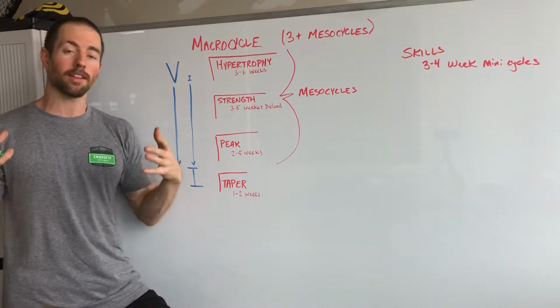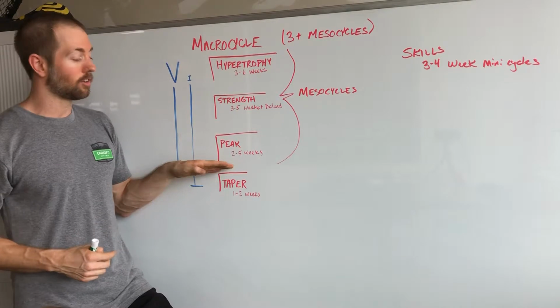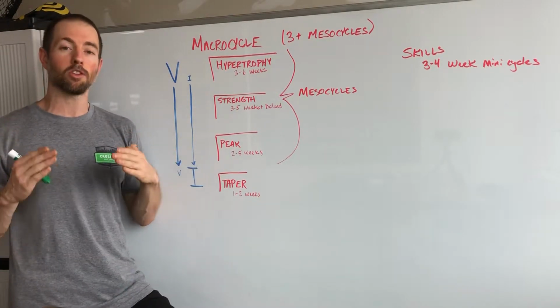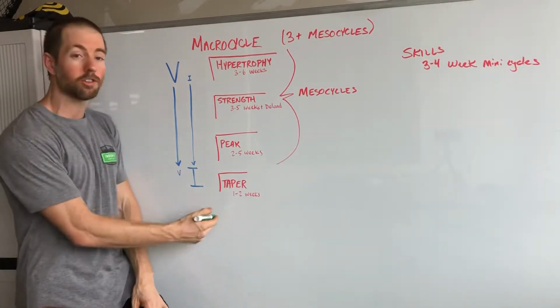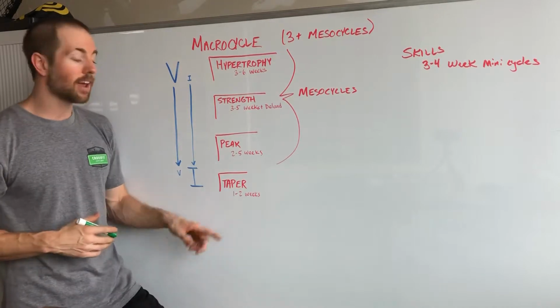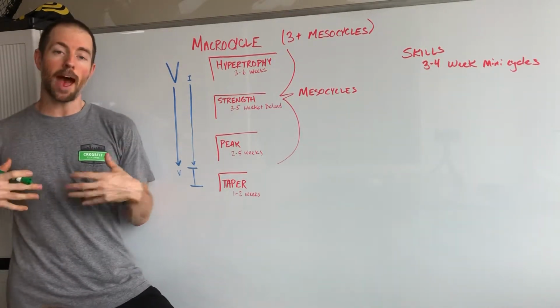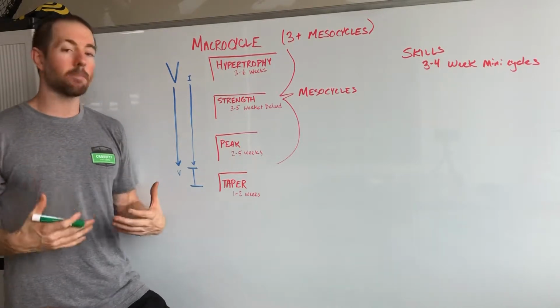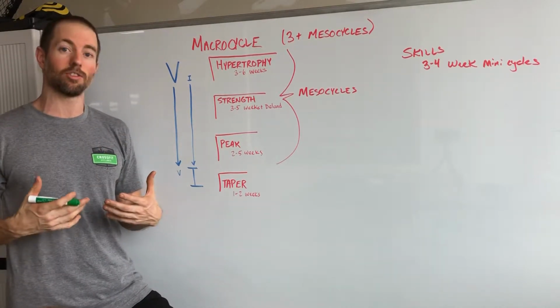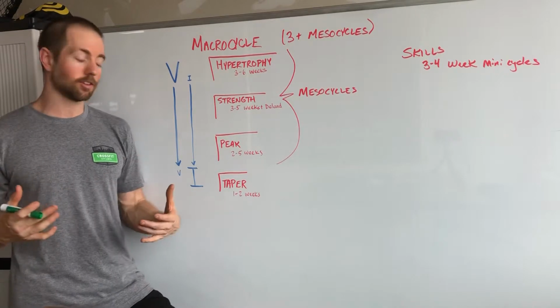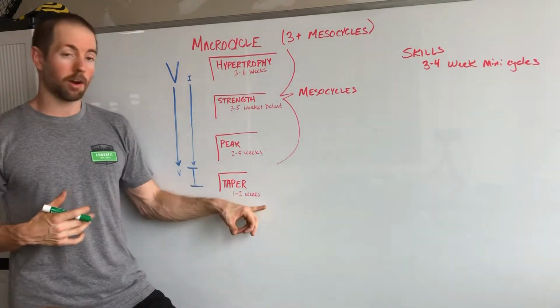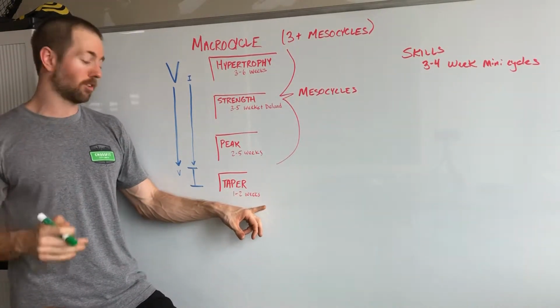If it's Olympic weightlifting, basically what we're going to do in the peaking phase is just get more specific for what your ultimate goal is. In the taper phase is where, leading up to the actual event, we back off of our training, we let our body restore its glycogen stores, recover its muscles, and that way we are in our peak performance mode for